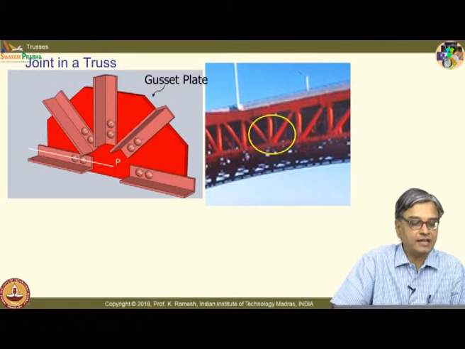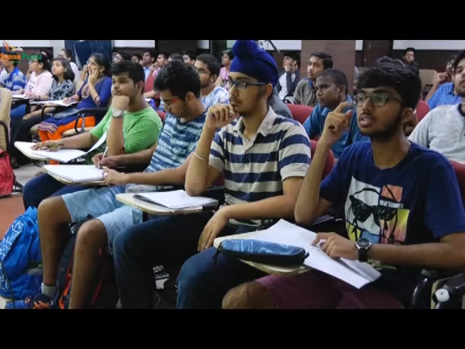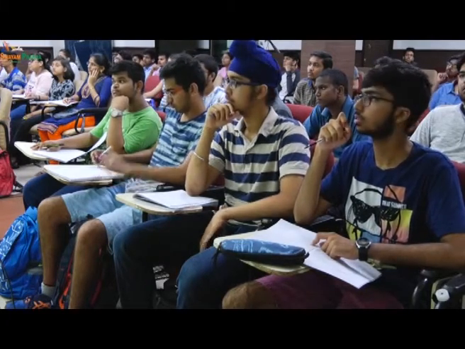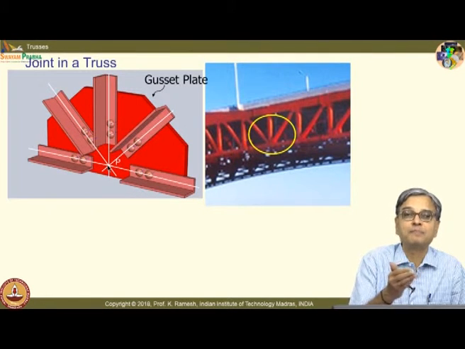So, what I have here is, if you look at the centroidal axis, they all meet at a point. This is very, very important. It is intentionally done. If you do not know the mechanics of a truss, you would not make it like this, because I have seen people make trusses using welding. A welder may not know the mechanics of it, he just takes the members and welds it.